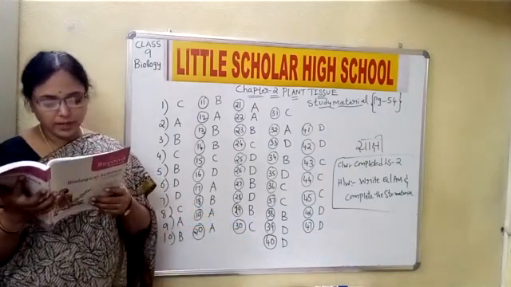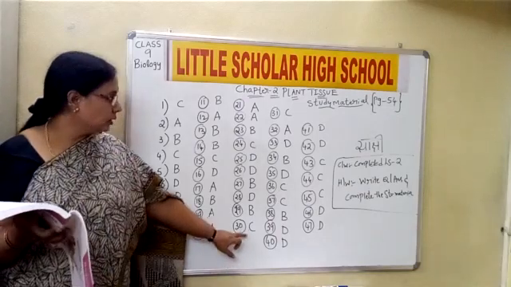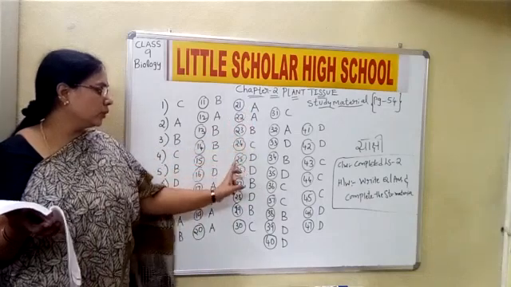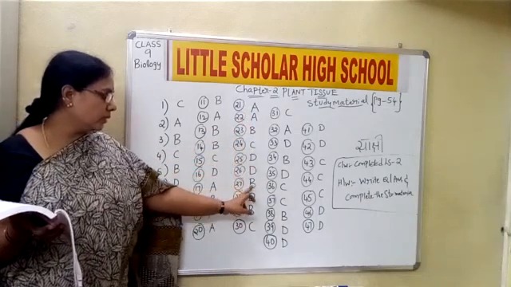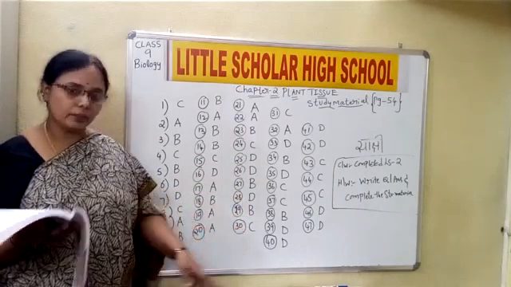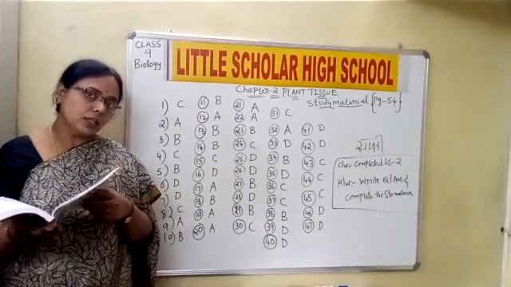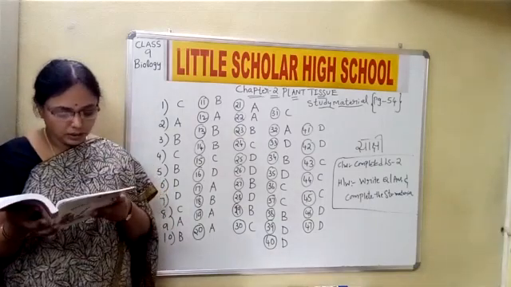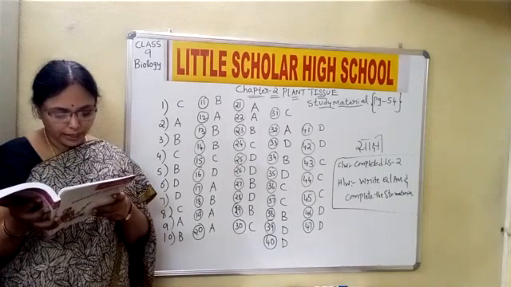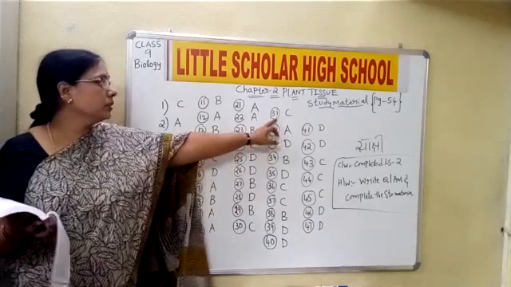Question 30: Identify the vascular tissues. It is both xylem and phloem. So 30C. The answers so far: 21A, 22A, 23B, 24C, 25D, 26D, 27B, 28D, 29B, 30C. Now I am reading question 31, children. Hope all are marking the answers. 31: The rosewood xylem carries water up to a height of 330 feet. So 31C, children.